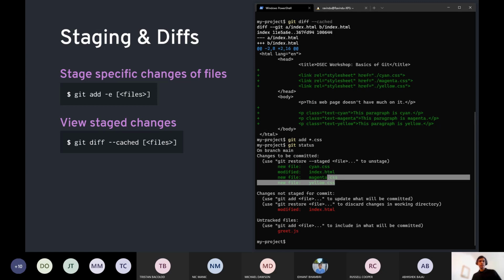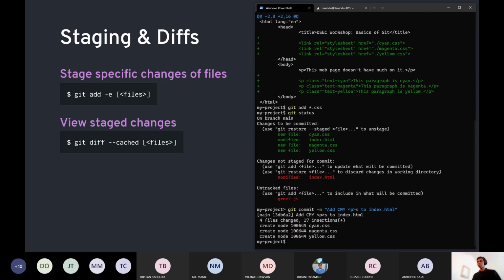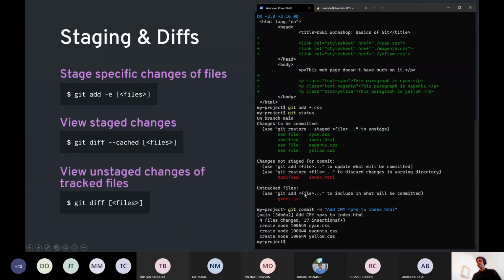So I can commit this as add cyan, magenta, and yellow paragraphs to index.html. So the changes that we're left with are the changes related to greeting.